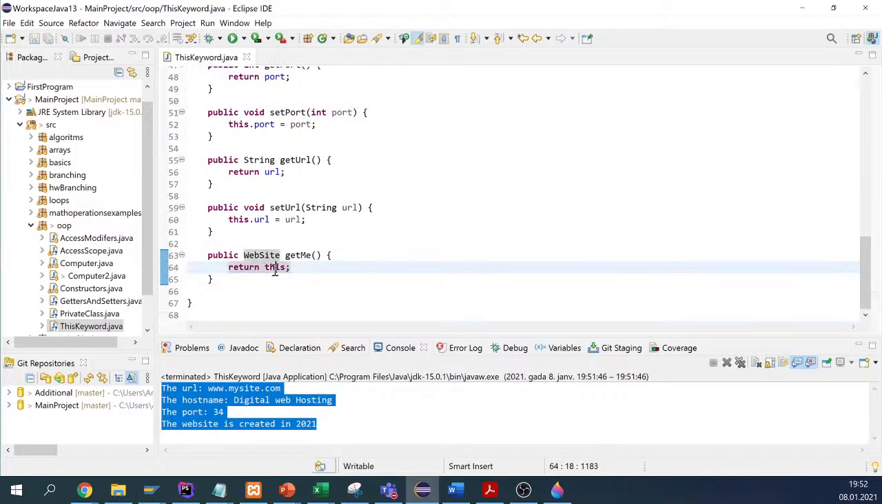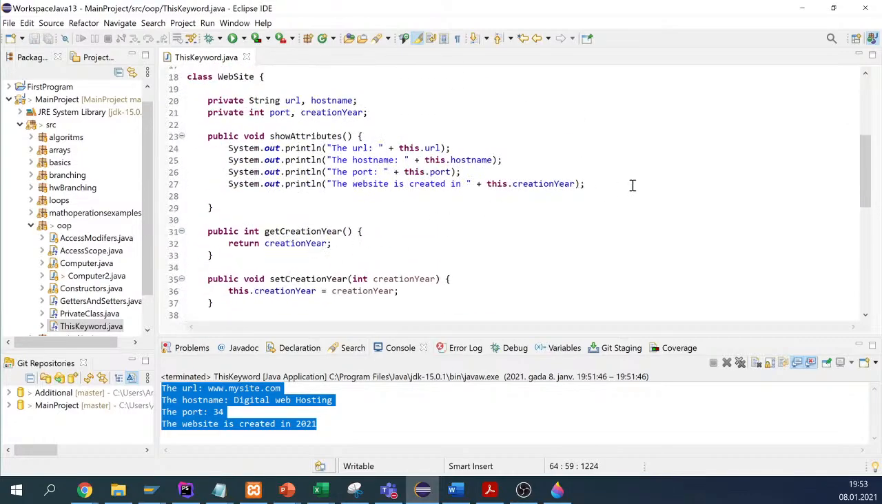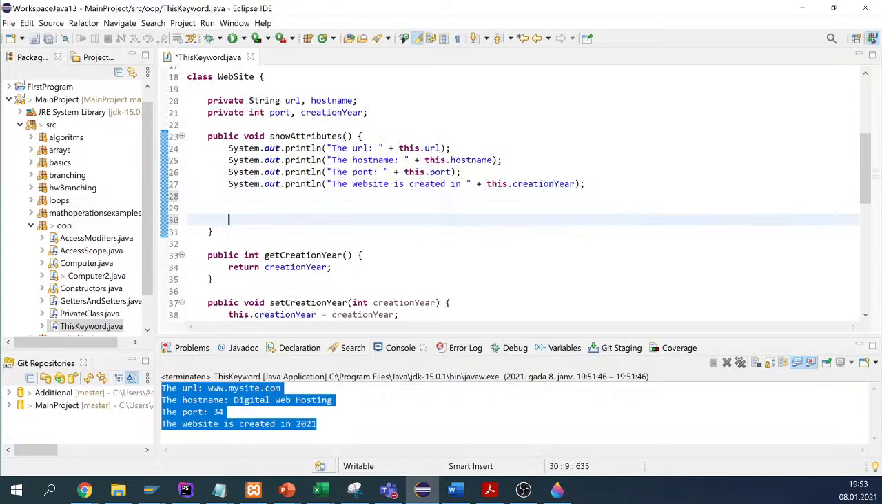So as you notice, this syntax is correct because this is the website. I'm currently inside the website class, and that's why if I return this, it will return the current object. And just to check it, we can simply